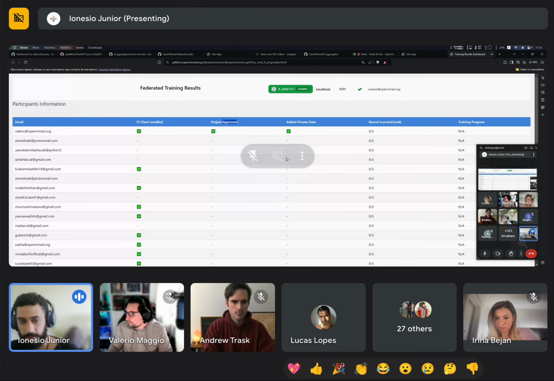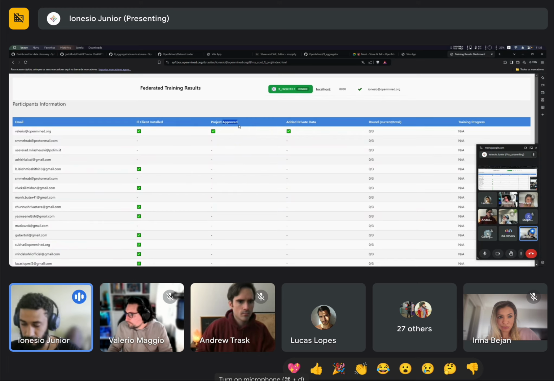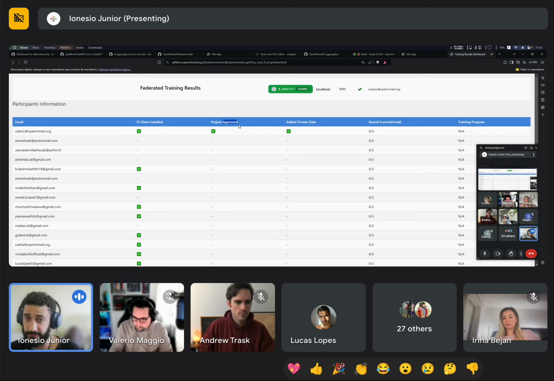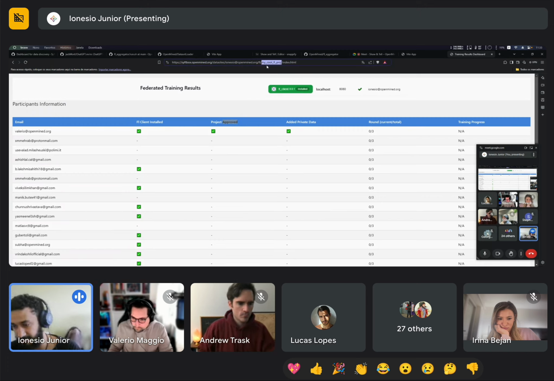But yeah, the cool thing about this is that, as an aggregator, I can dispatch different federated learning pipelines. In this case, I'm using just a single one, but I could have different ones. Each one of those can have a different group of people that I trust or that I want to aggregate.